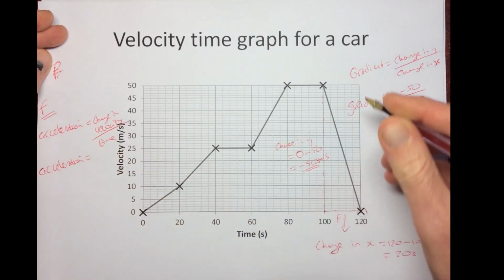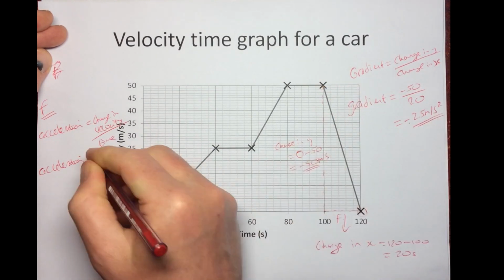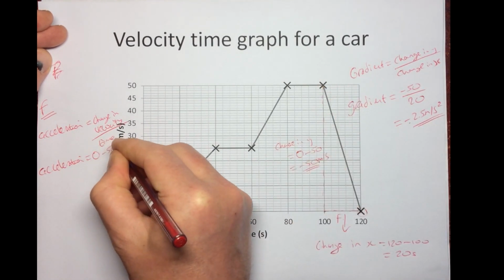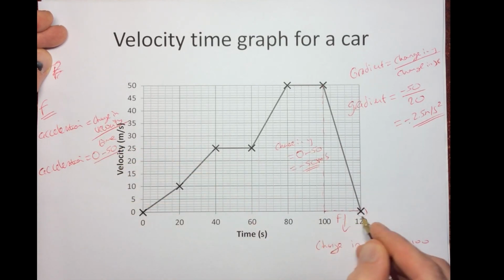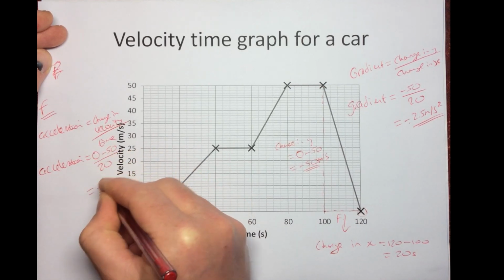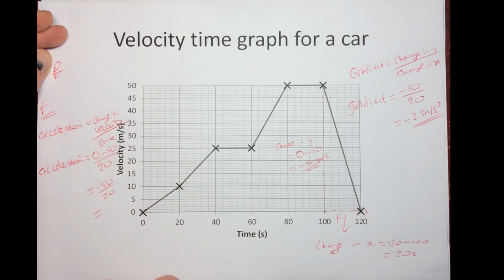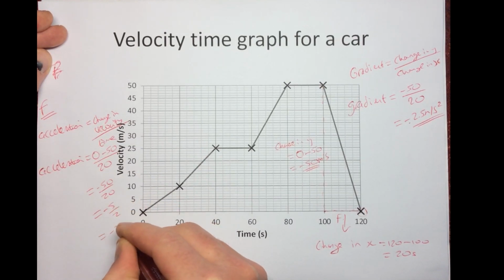So your acceleration, the change in velocity, well, you're going from 50 down to 0. So it's going to be your final velocity take away your initial velocity, so 0 take away 50, divided by the time that takes place over, which is 20 seconds. So that will be minus 50 over 20, which gives you minus 5 over 2, which equals minus 2.5 meters